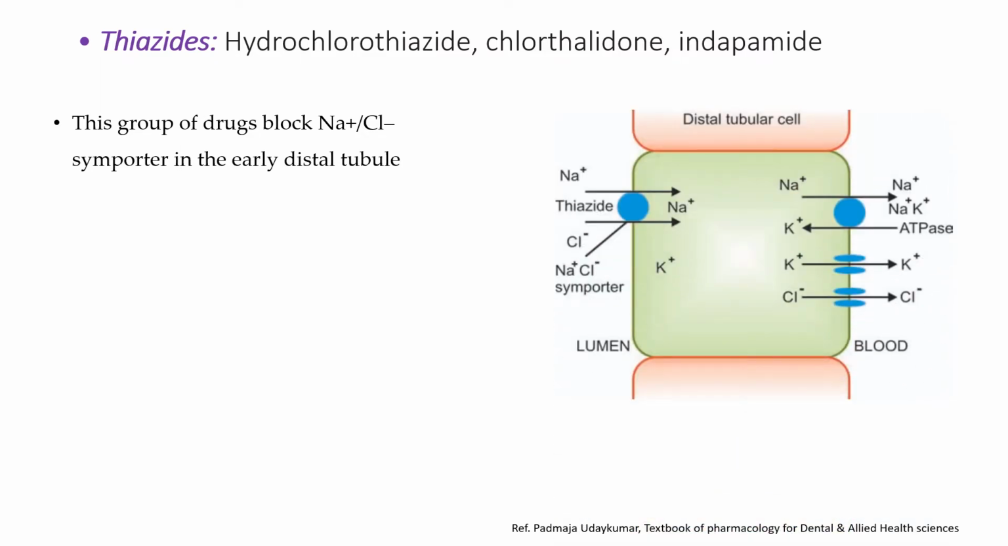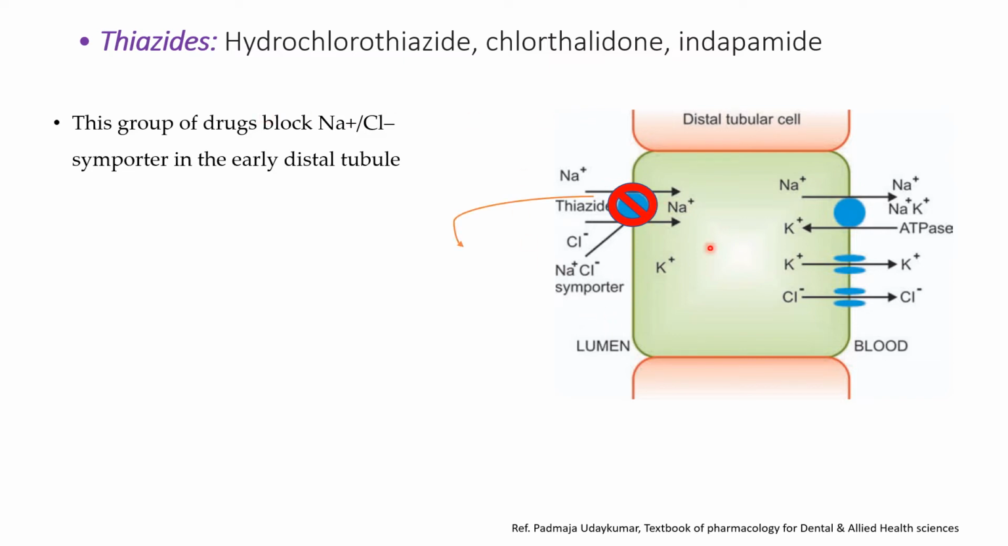Here you can see the distal convoluted tubule. In order to reabsorb sodium and chloride, the sodium and chloride symporter is present. This symporter is very important because it reabsorbs sodium and chloride into the bloodstream. Our drug, the thiazide, will block the sodium and